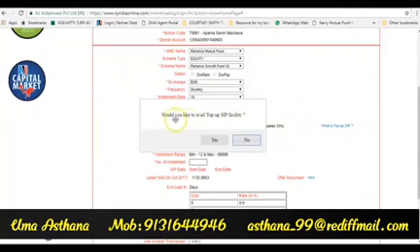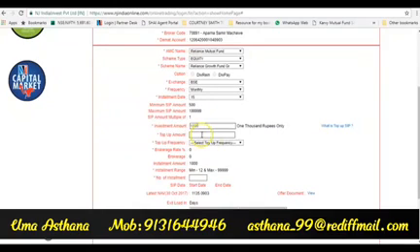Now it gives you a top-up SIP facility. What this means is, you can automatically increase your SIP amount. I will show you how the facility works. So I have selected that I am going to start a SIP with 1000 rupees and increase it automatically by 500 rupees.